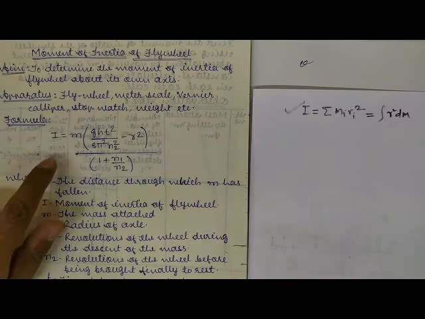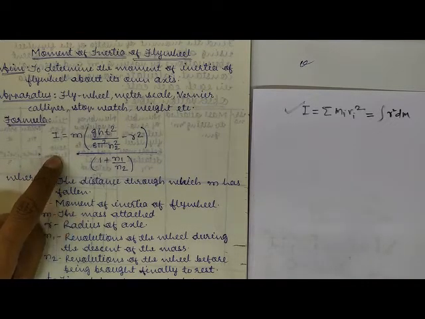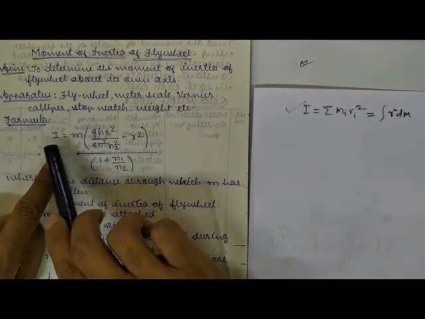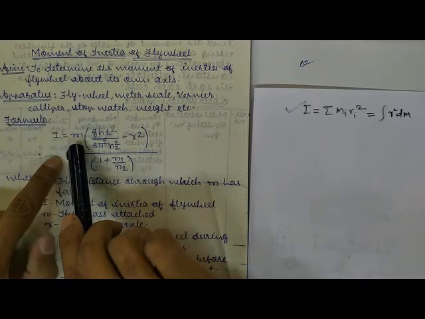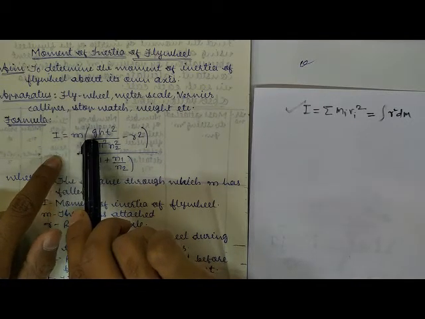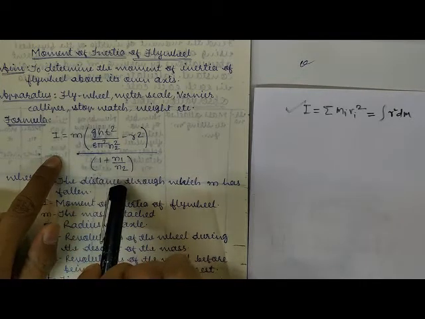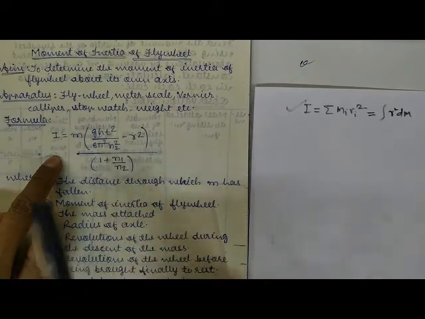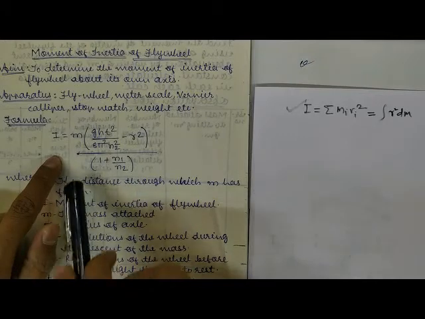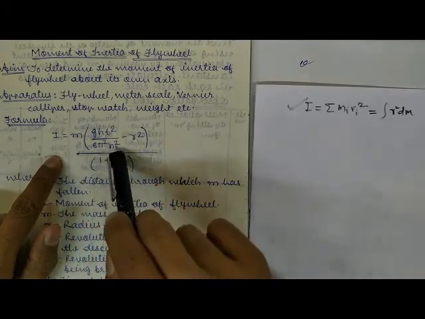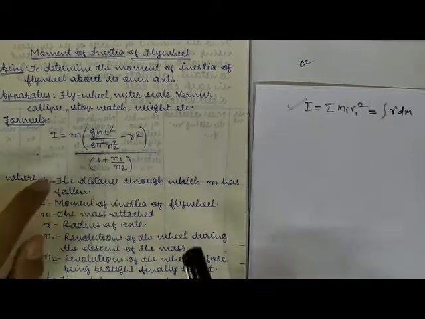And now let's come to the formula. This is the final formula by which we have to get I, which stands for moment of inertia. m is the mass, g is acceleration due to gravity, h is the height, t is the time required, moreover we call it the time period, and r is the radius of that particular flywheel's axle. n1 and n2 are the numbers of rotations, n1 being the initial number of rotations. All that we will see in detail very soon.